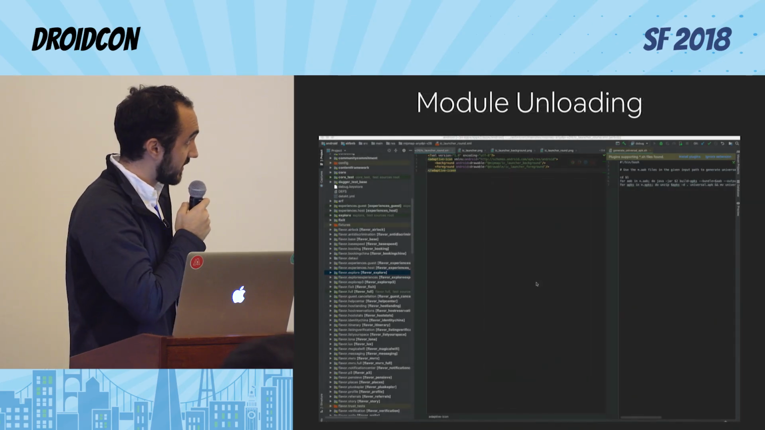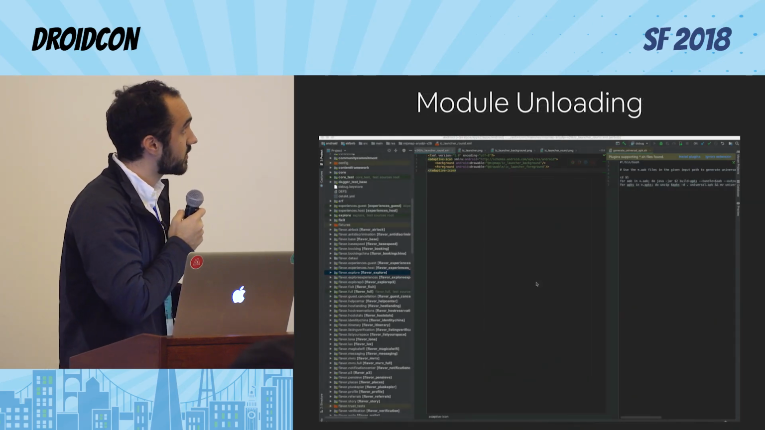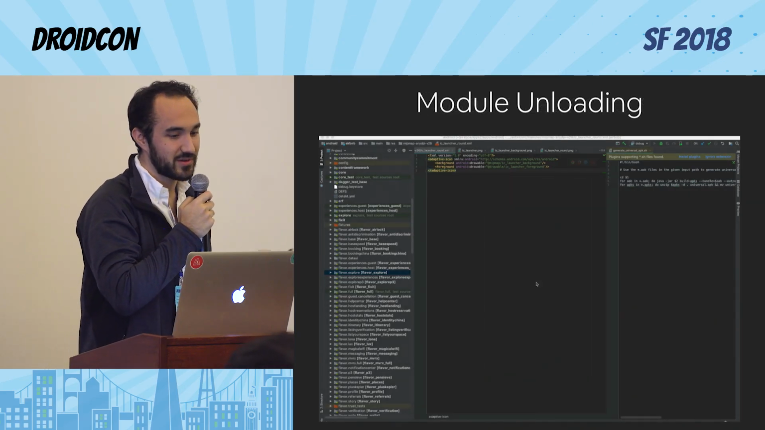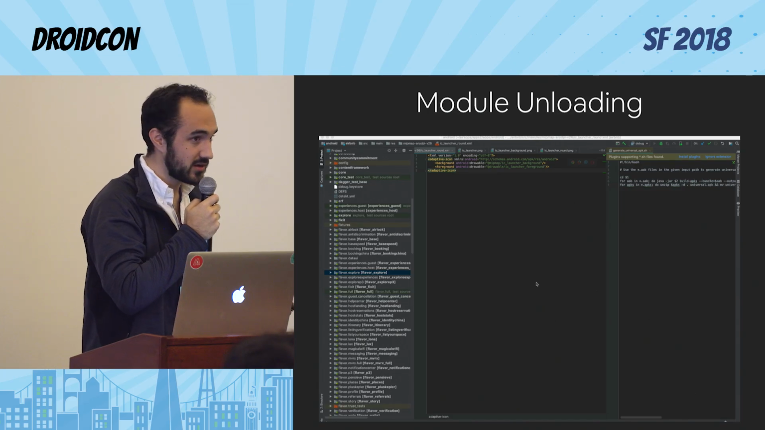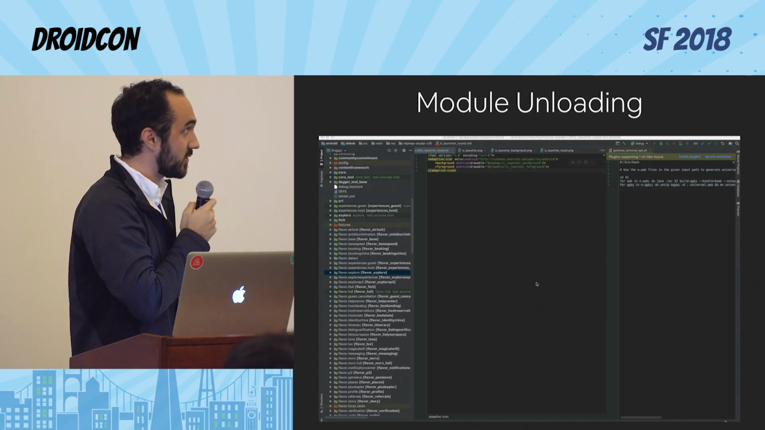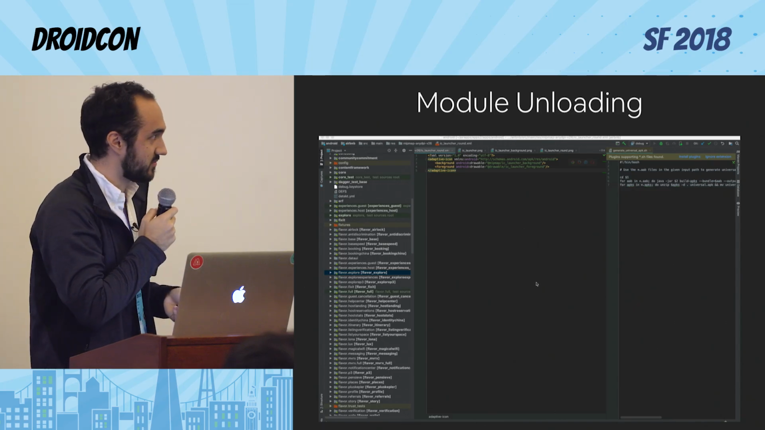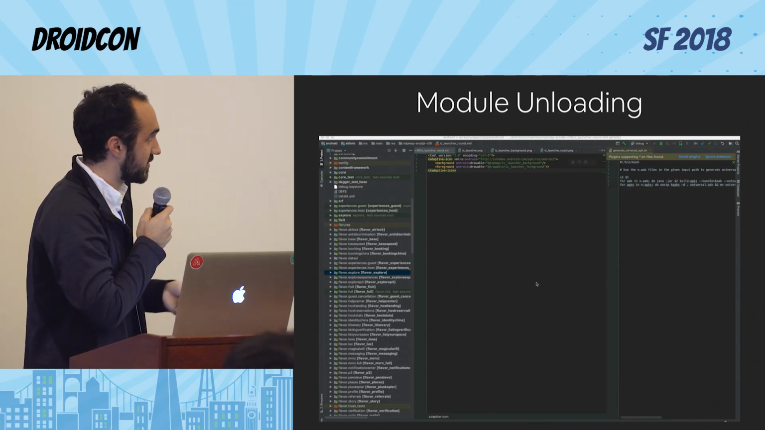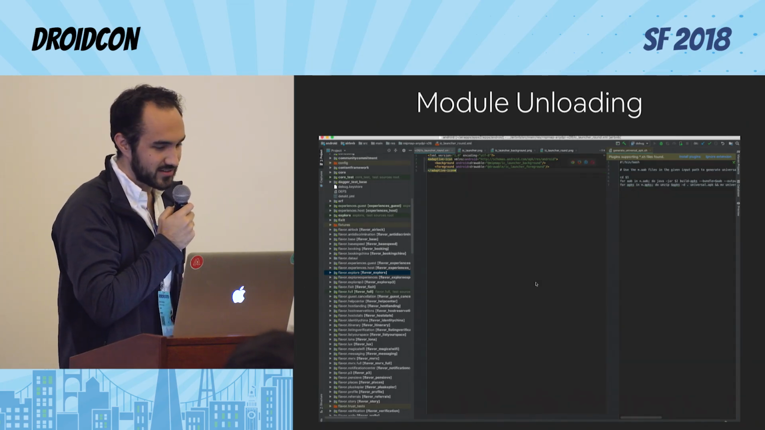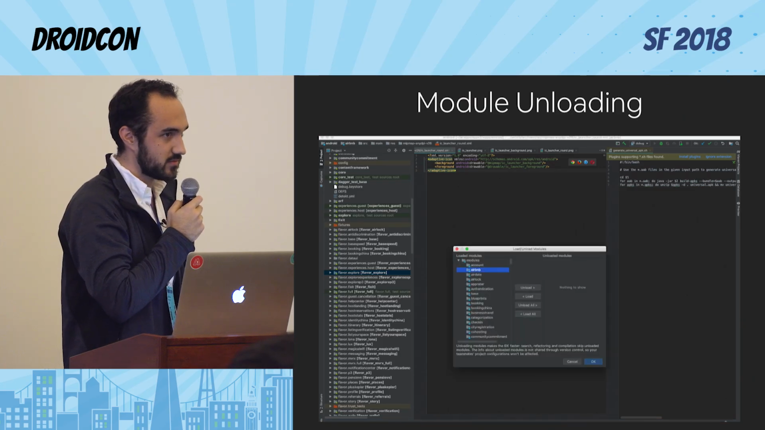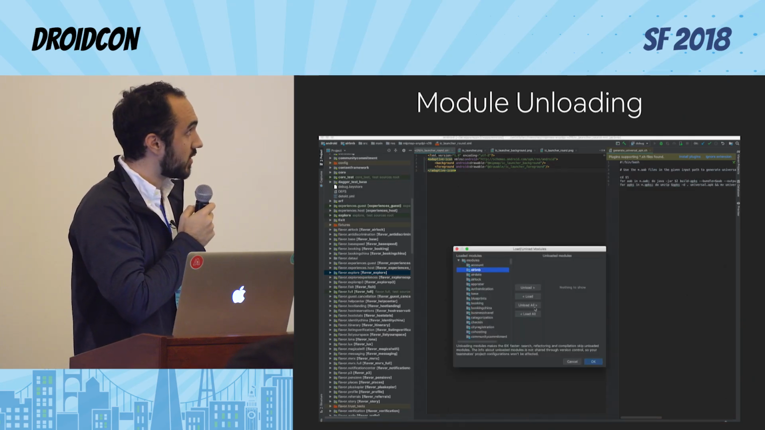And the last little tip I want to leave you with is module unloading. When you start building tons and tons of modules and have tons of code, IntelliJ is going to slow down. It's just going to be indexing everything. You're just going to be frustrated because you're not even able to open up Chrome while it's doing this. So what you can do is use this structure that we've built to unload all the code that you don't need